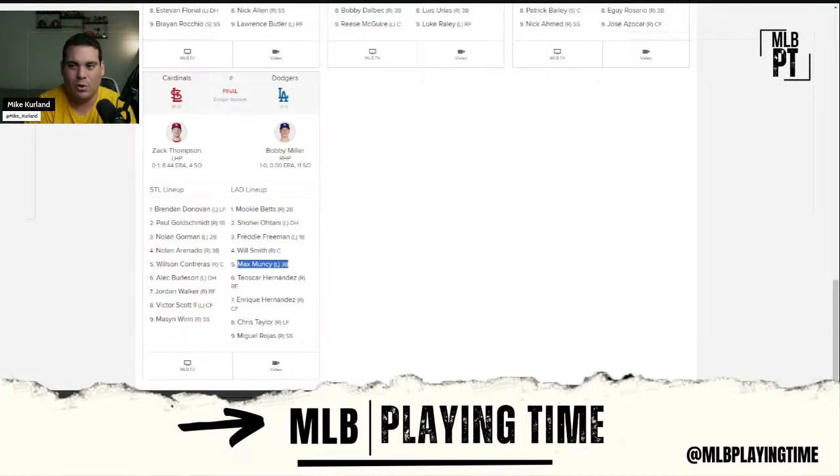And Lars Nootbaar is going to get back. He's already taking pain-free swings, doing simulated games. He's playing a 4-inning simulated game today, I believe, swinging at full speed. So it sounds like sooner than later. And there's talk that Nootbaar might not even have to do a long or any rehab assignment. So just something to keep in mind.